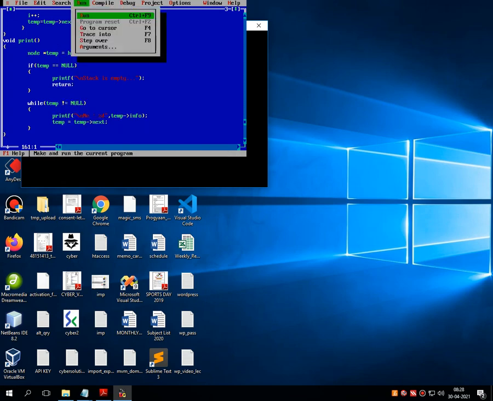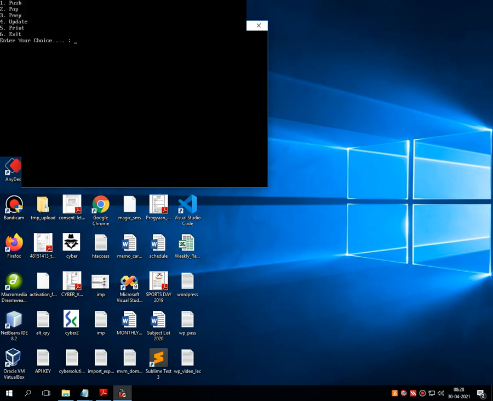Let's execute the code. Output is similar to the previous one. There is a menu where option number 1 is push, option number 2 is pop, option number 3 is peep, option number 4 is update, option number 5 is display. Here I have written print, but it is display.